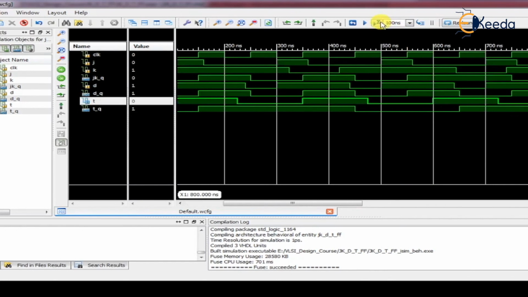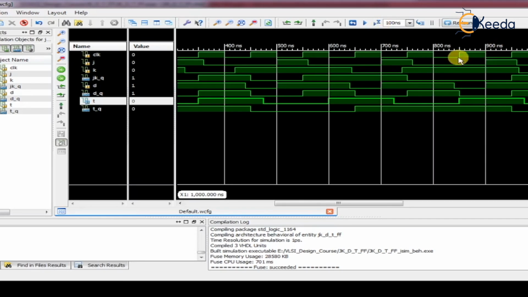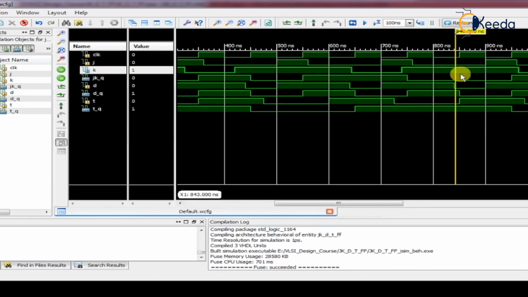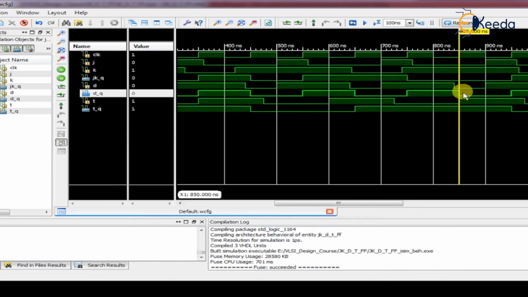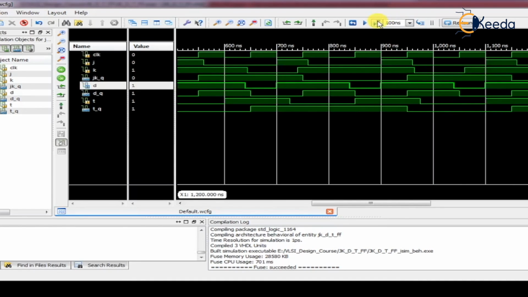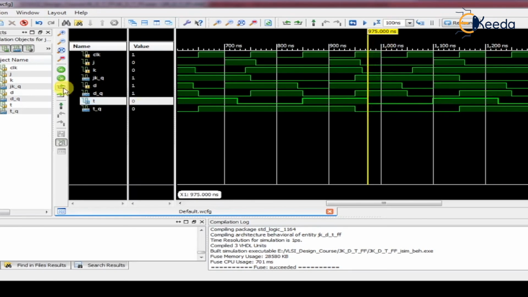So like this we can check the various combinations, anywhere. So I am just running randomly and we'll check on any rising edge. Let's see here. On this rising edge, J is 0, K is 1, so output JK should be 0. Now here D is 0, so definitely the output DQ is again 0. Because of this 1, it is changing, but it applies its toggling on the next rising edge, sorry, not falling edge. Then as well we can measure the duty cycle.